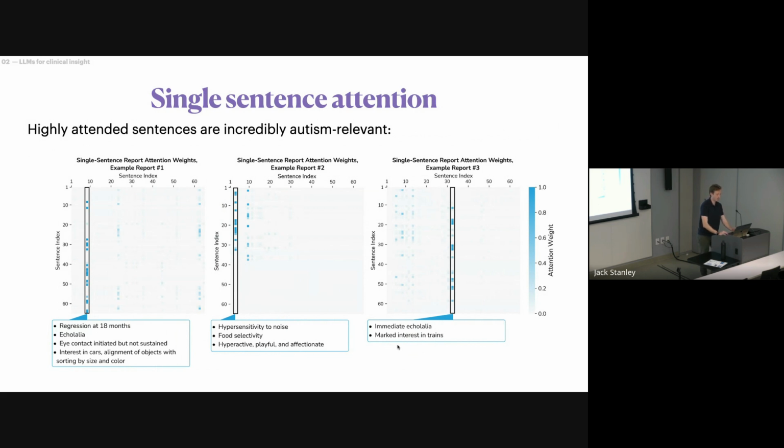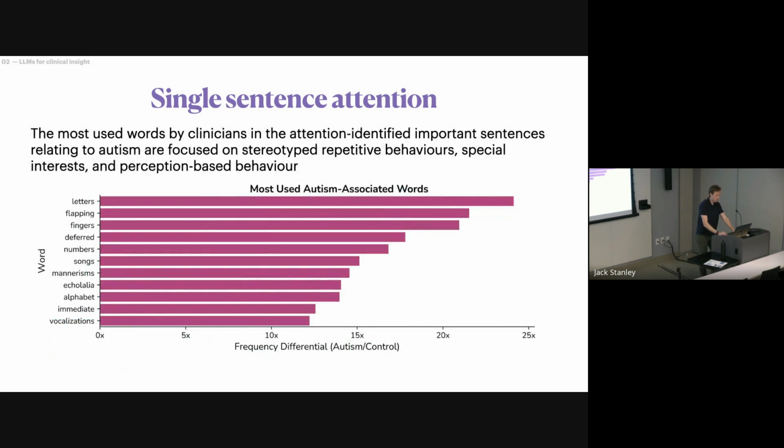So we have, again, things like marked interest in trains. That's very different from things like food selectivity, hypersensitivity to noise. But regardless, our model has learned some of this structure that makes a particular sentence in a report most autism specific. So looking at more of a macro level at these highly attended sentences, we can see